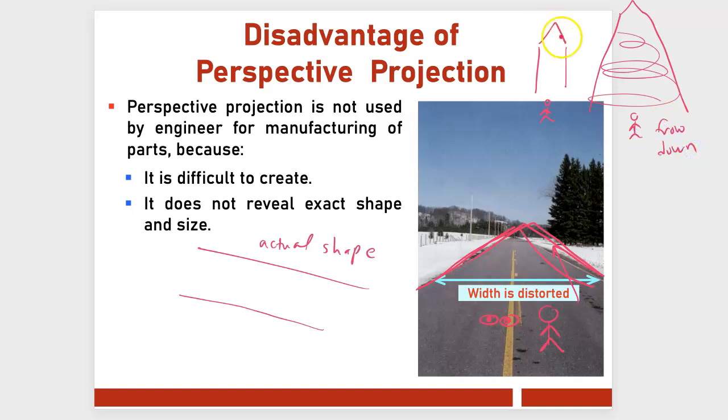But you know that KLCC is like this. So this is the disadvantage of perspective projection, because the line of sight is not parallel to the object. You won't be able to capture all the features accurately, whereas parallel line of sight gives you accurate representation of